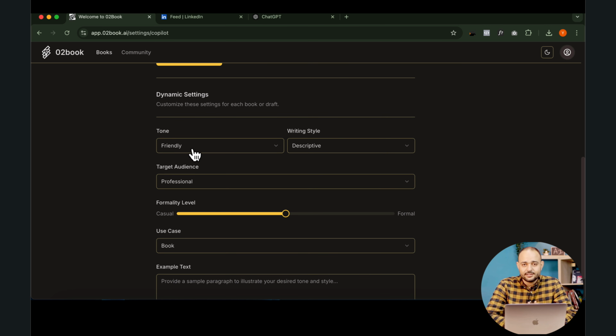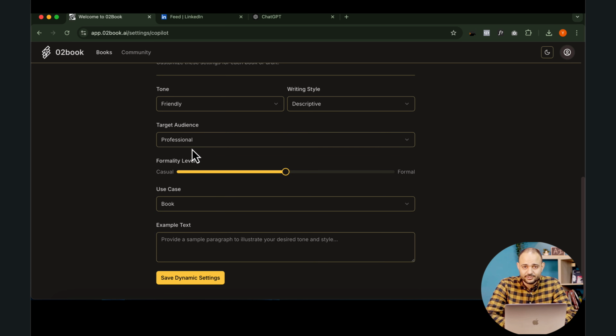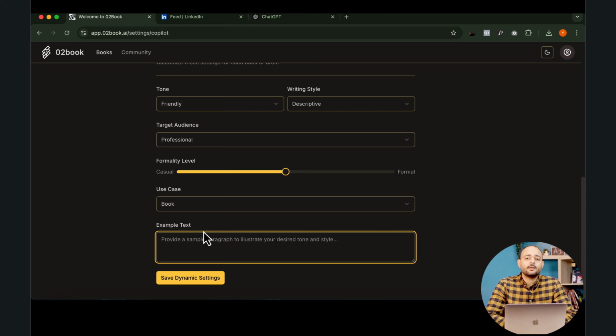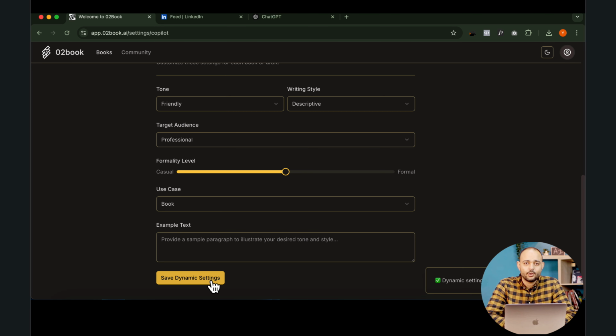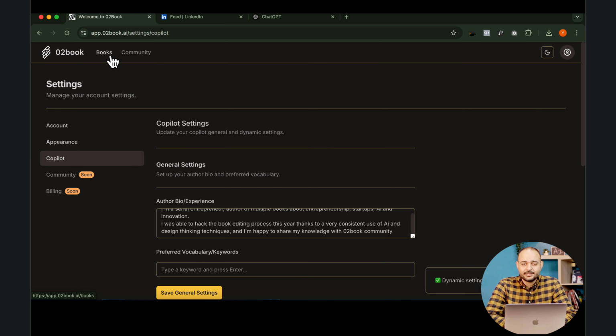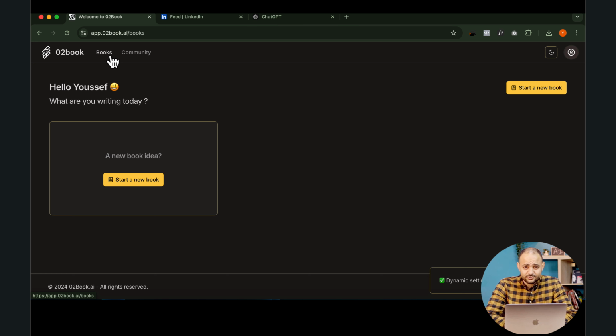Here you can set up once again the default AI Copilot parameters or settings. Finally, you can upload or copy paste some text examples to inspire your AI Copilots. All right, so once we have saved the settings, you can go back to the main interface and start a